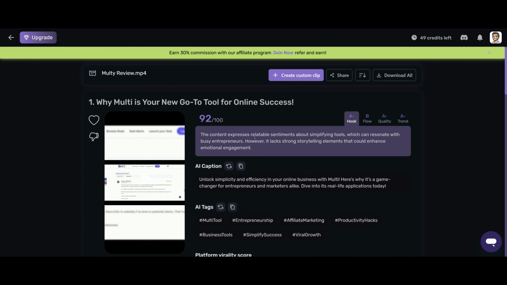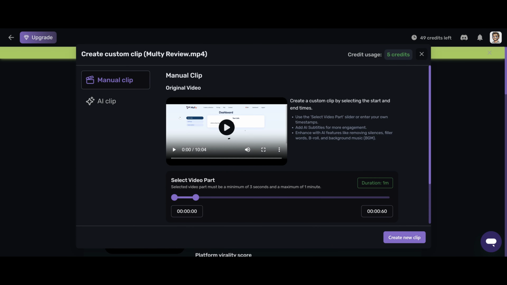screen. Now, there are some really nice features that you can do here and options to change. So first of all, at the top, you can create a custom clip, which basically means you can select any part of the video and cut that clip. So that's really nice and it will cost you 5 credits, but I haven't seen this in other tools that